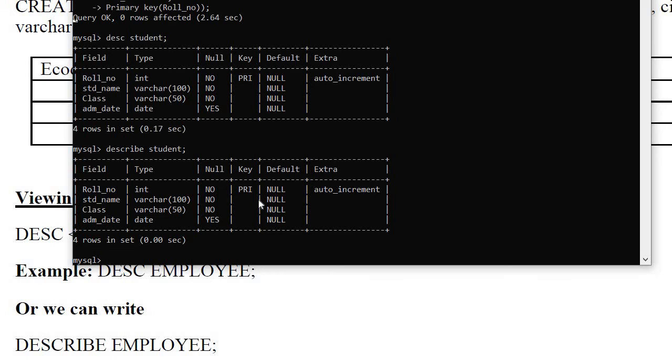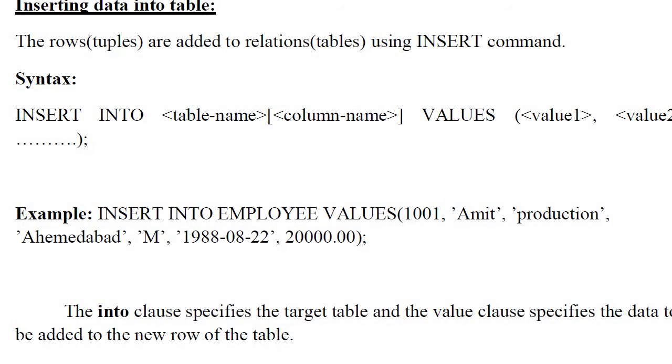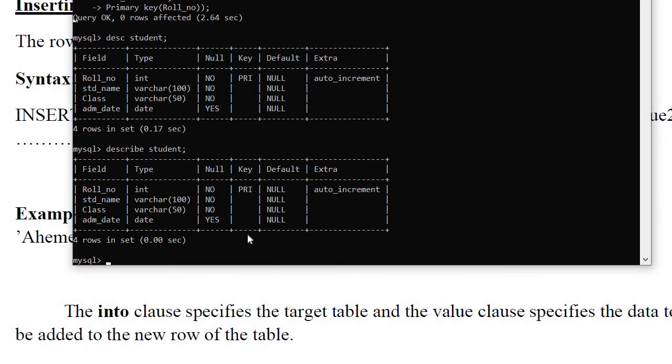Now we want to insert some data in my table. So how will you insert? For inserting data in your table, which command? Insert into, then your table name, then the column in which you want to insert a value. So you will write down insert into, then table name, then the values, whatever value you want to insert, and then just put down the semicolon. Now we will do it practically.